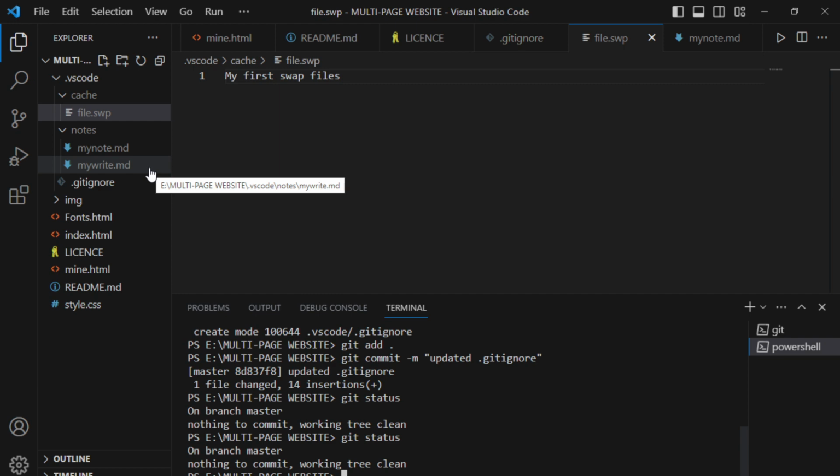So what you need to do is create a .gitignore file and keep those files and directories you don't want tracked by Git in that .gitignore file, and when you create any extension that relates to that,